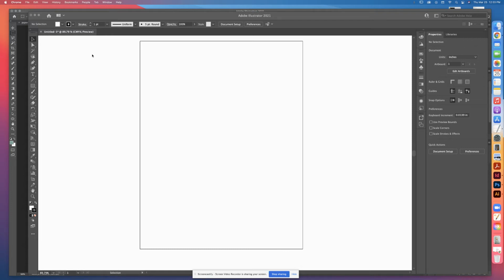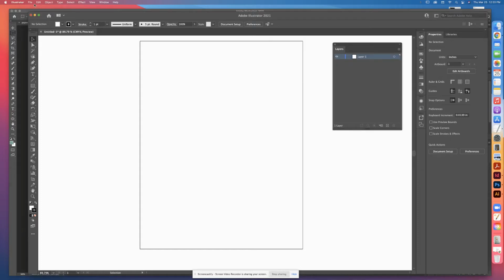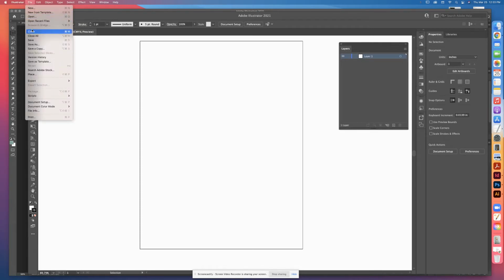Okay, class. So in this little video segment, I'm going to show you how you can set up your Illustrator file if you want to trace a sketch or an image for your article. So this is a brand new Illustrator file. The first thing I'm going to do is make sure my layers window is open. And then I'm going to